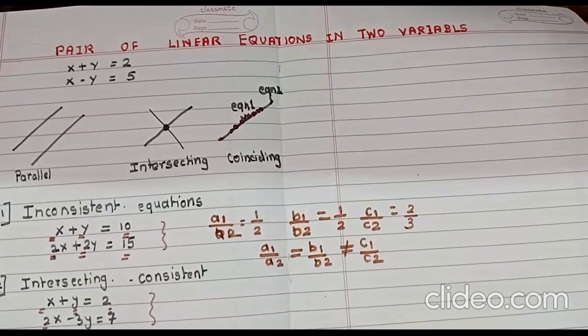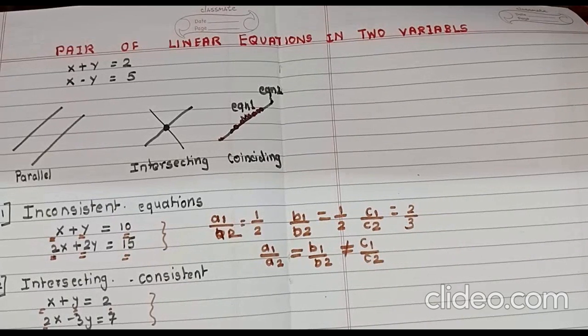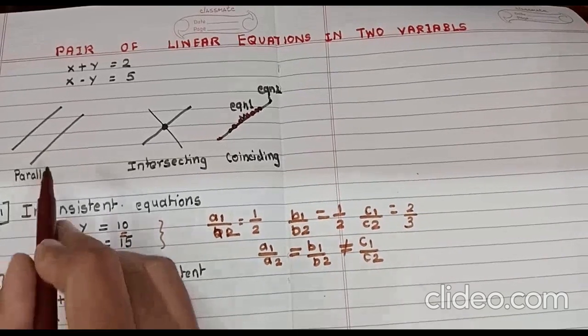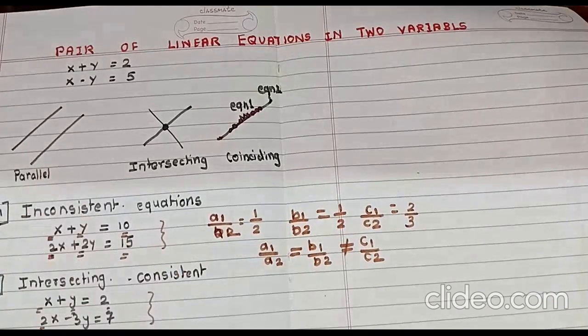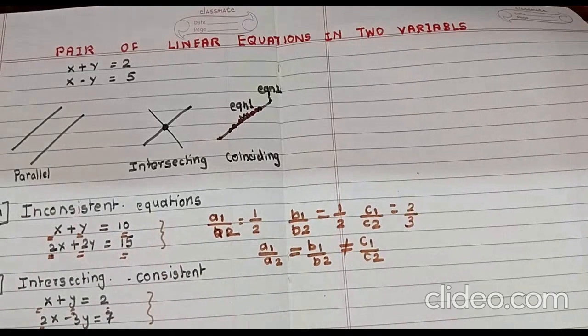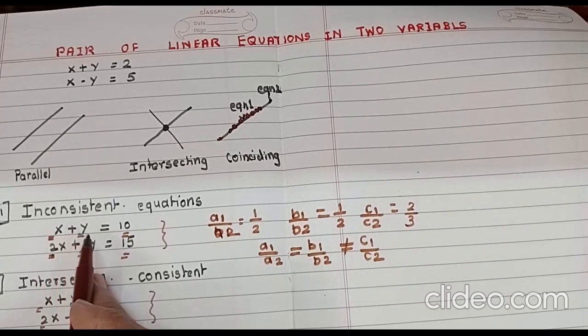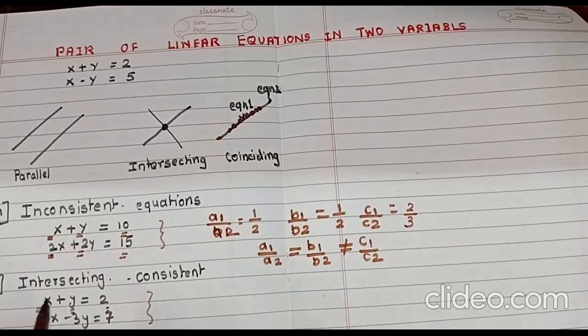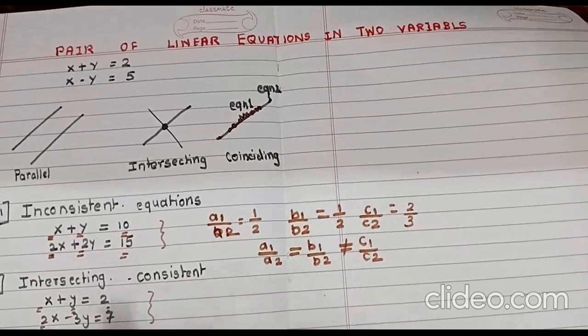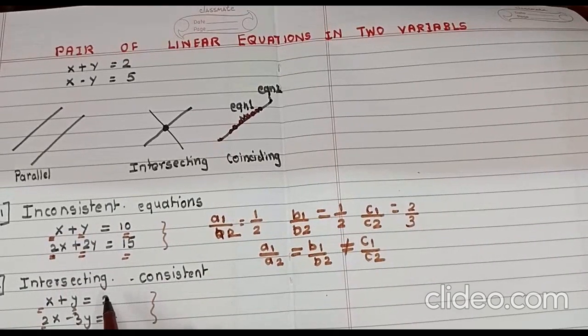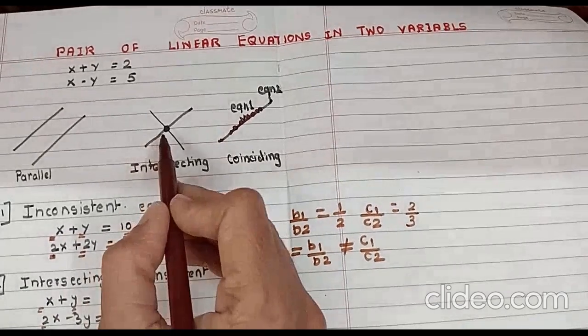By observation you can understand that these two equations are inconsistent, or you can say parallel. Real life situation आठवते तुम्हाला? Parallel lines will never meet each other. If they are in one plane, they will not meet. विचार करा, दोन प्लेन्स आहेत तुमच्याकडे. एक उभी भिंत आहे, एक आडवी भिंत आहे, किंवा प्लेन्स. If planes are not intersecting each other, then you again have inconsistent equation. But if planes are intersecting, then you get consistent. So think of intersecting equations or consistent equations, you get a unique solution.